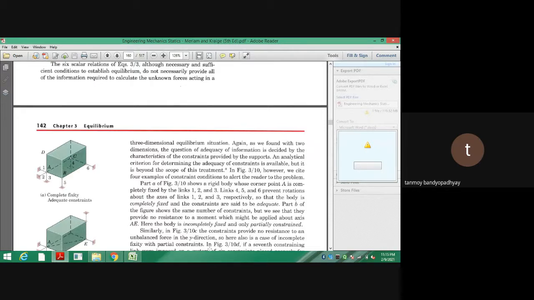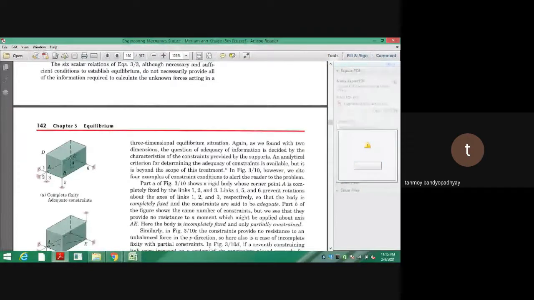Okay? In the problem that we did last, problem number 365, if you look, there are actually 5 unknowns, AX, AY, AZ, and T1, T2. So there were 5 unknowns. Right? Since we took the moment at A, we were able to eliminate that one. Understood? Such a problem can come where you are having 5 unknowns, but only 3 equilibrium equations. So you cannot solve for that. That problem is called a statically indeterminate problem.